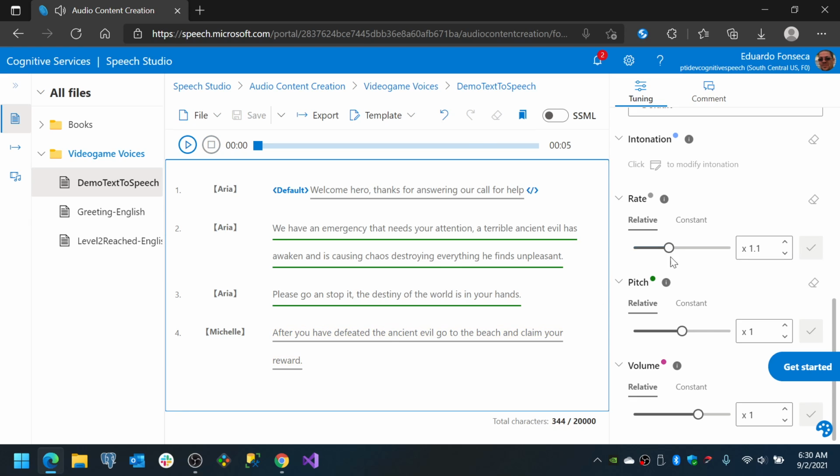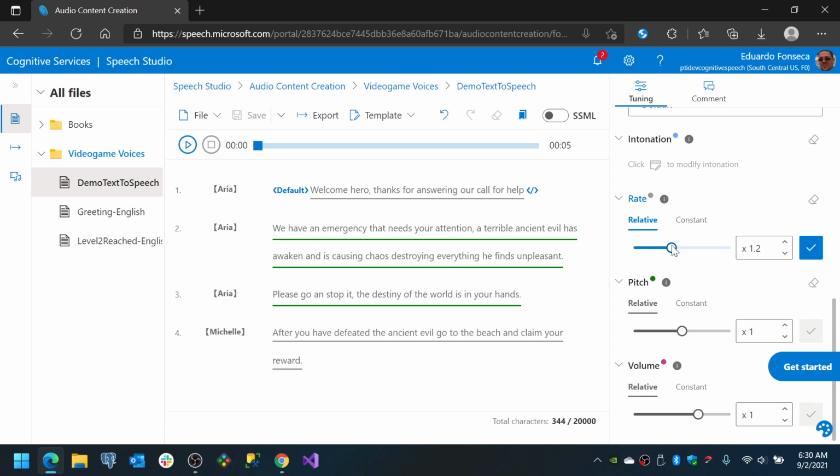Now if I modify this and I lower the pitch, for example,